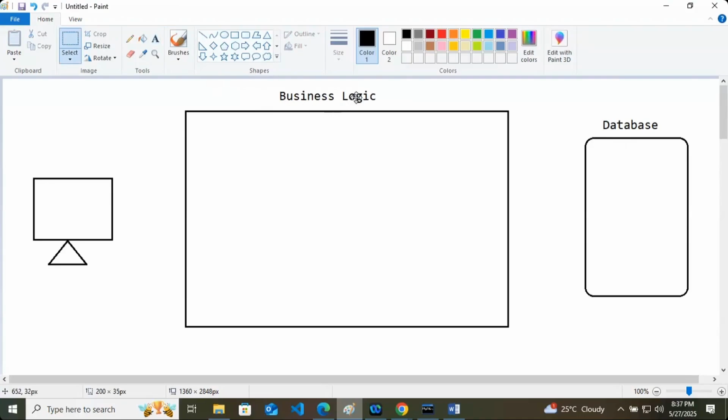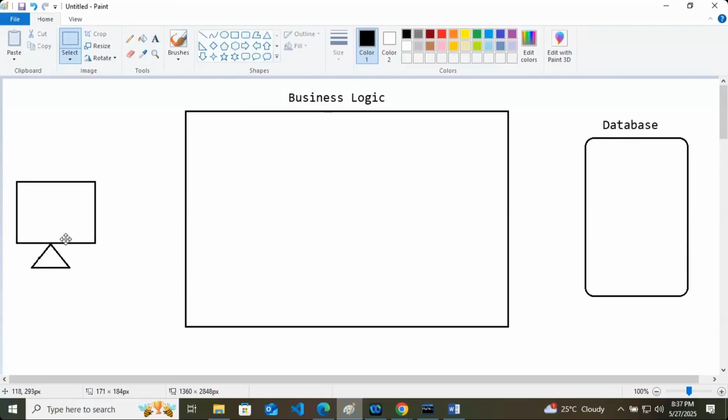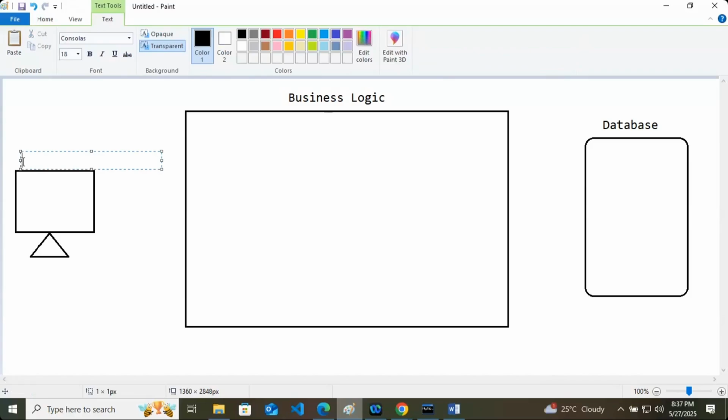Once you understand this architecture, Spring Web development will be very easy. Whenever the client is requesting something, the client will send a request. The request can be anything. It can be to sign up, to log in, to check any page. It can be anything.